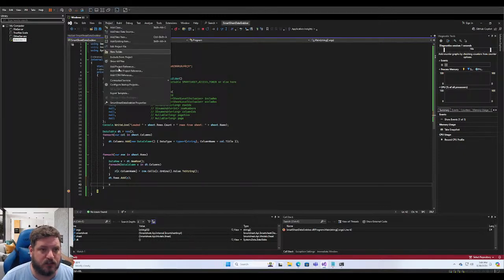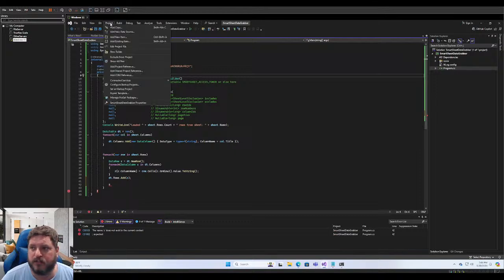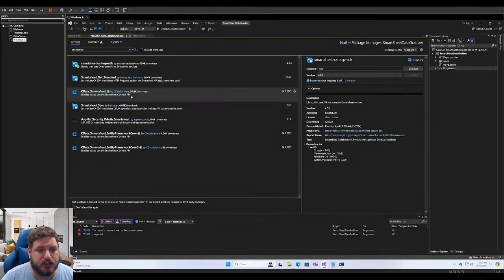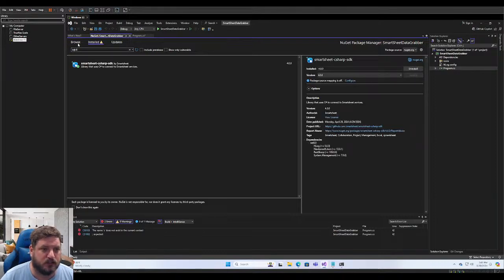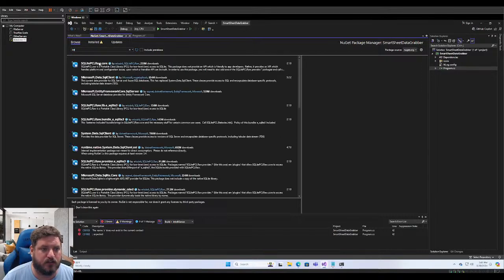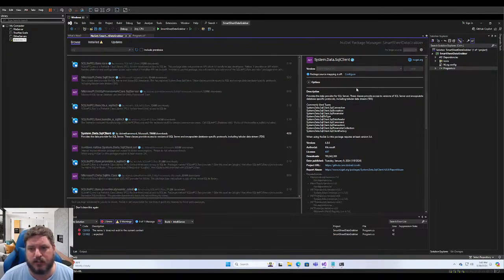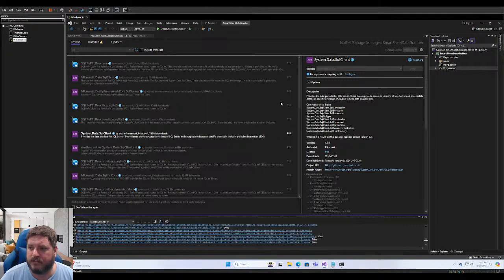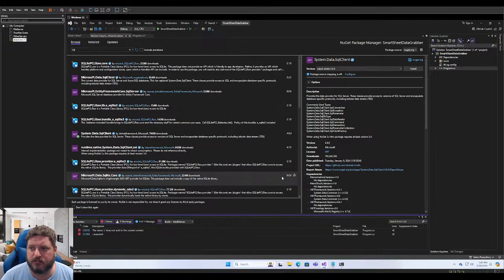But really the possibilities are endless. For example, we can go ahead and create a project. Stop this so I can actually get access to project stuff. So we can go to project and manage NuGet packages. And again, we talked about loading this into SQL Server, so I'm just going to do it really quick. We're going to go to browse, and then system.data.sqlclient, install that thing and apply. I accept,